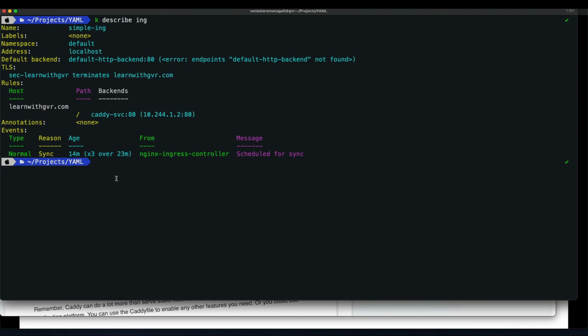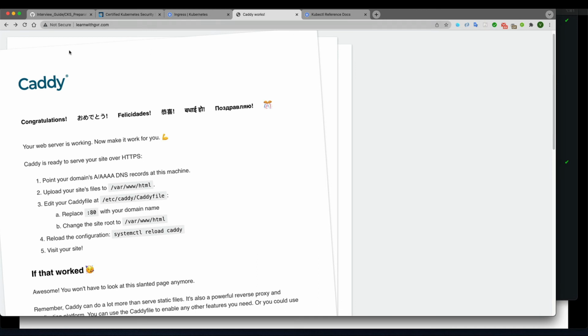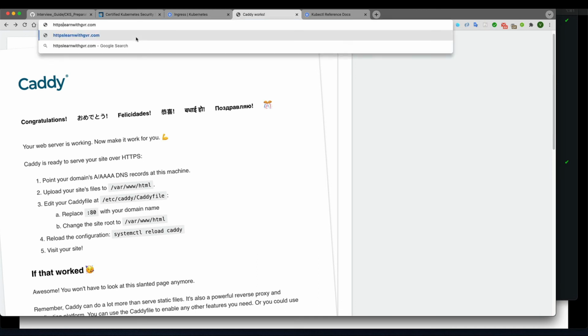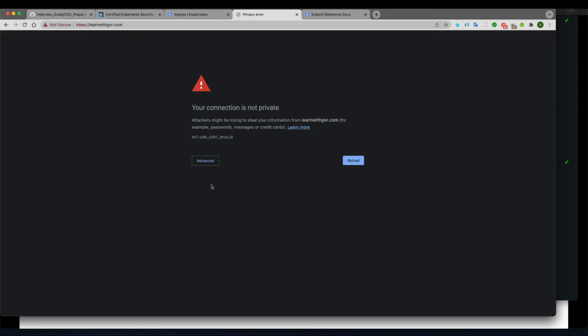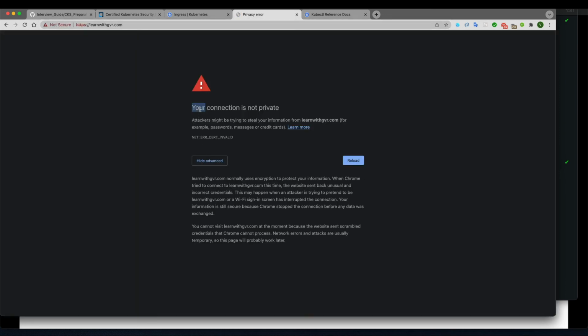Now from the testing point of view, there are two different ways. One is to test this site by using curl, and the other way is a browser. So in the browser, if I go here with HTTPS and put this in, my Chrome browser says connection is not private, certificate is invalid.